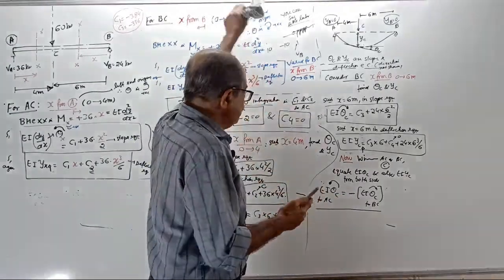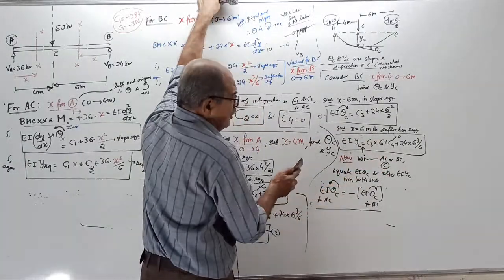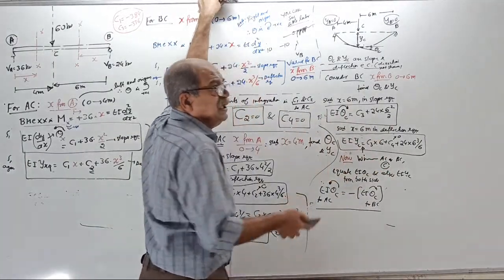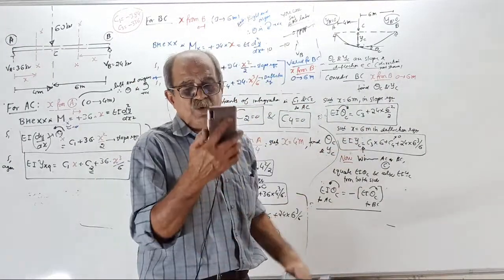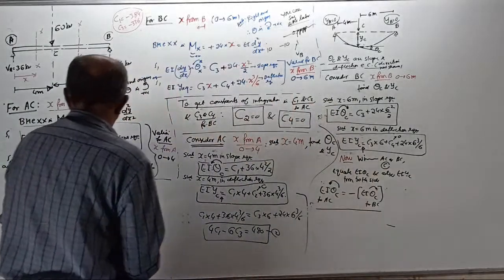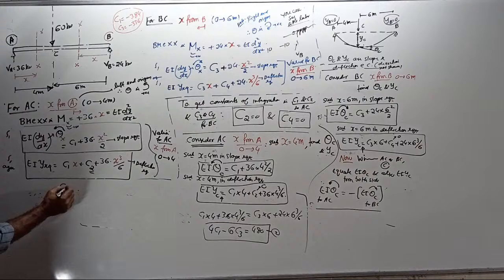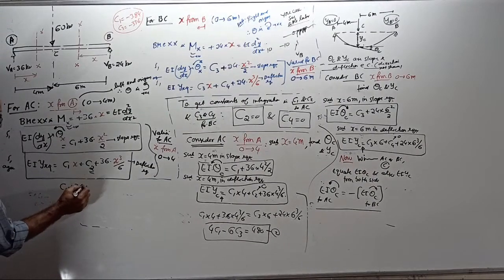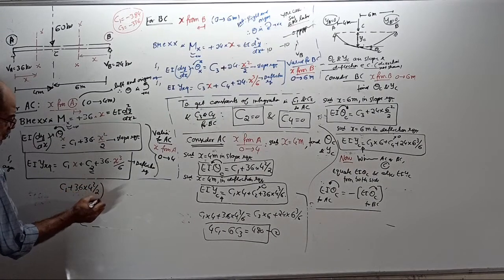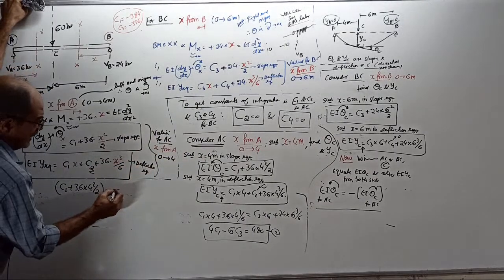Clear or not? You can write anything. You can write that EIθ is minus of that one, or that this one equals minus of that one, or the sum of those two equals 0. Clear? Therefore, what happens here? Therefore, you get C1 plus 36 into 4 square by 2 will be equal to, when I come from that side, minus of